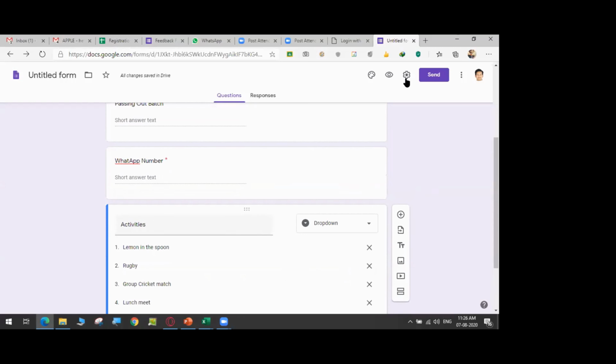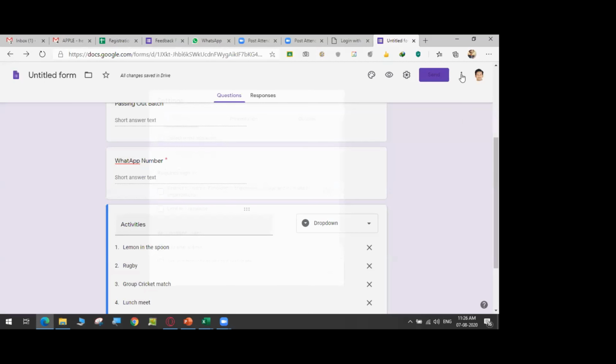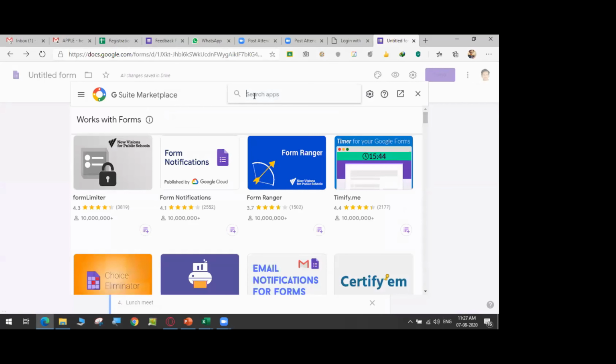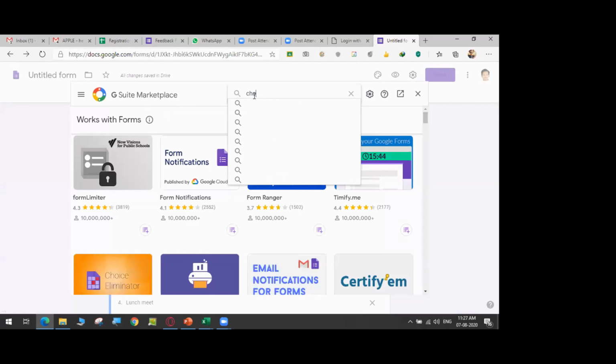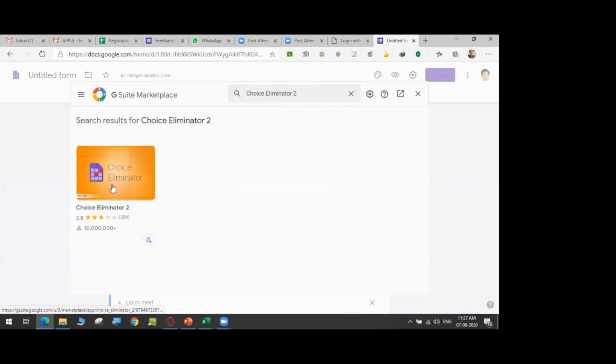Now I am going to install. If add-ons is not installed in this account, I'll just go to add-ons. From here I have to choose choice eliminator. Choice eliminator 2 is the latest version.